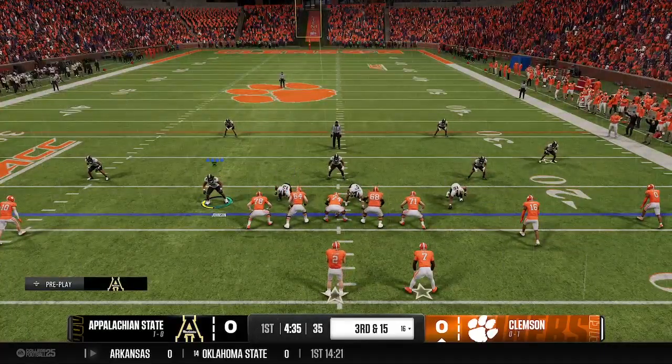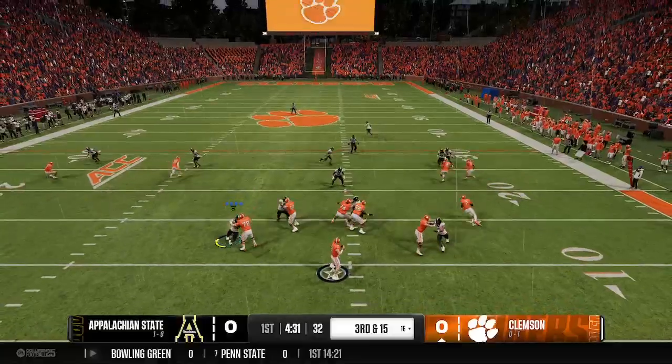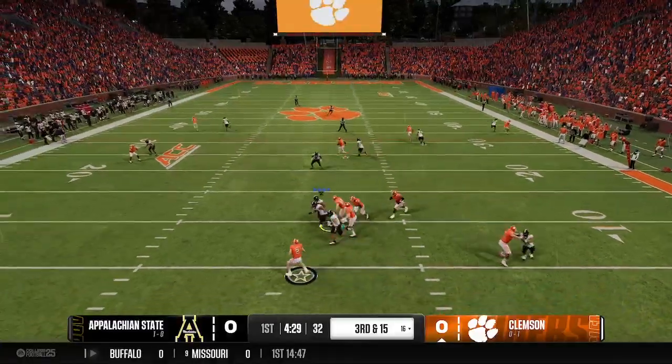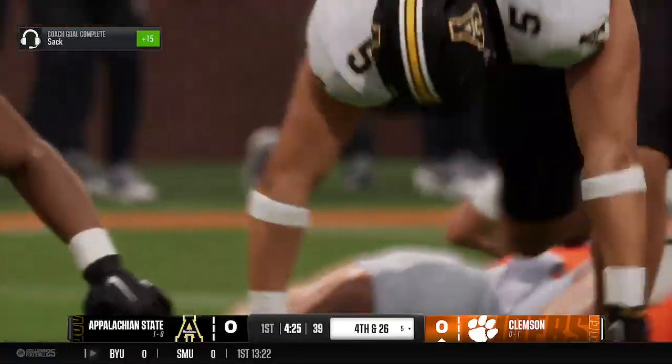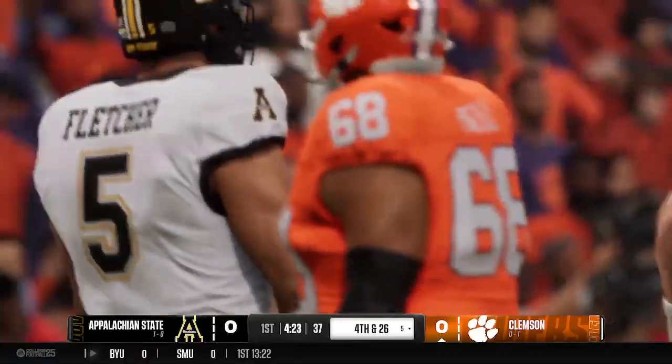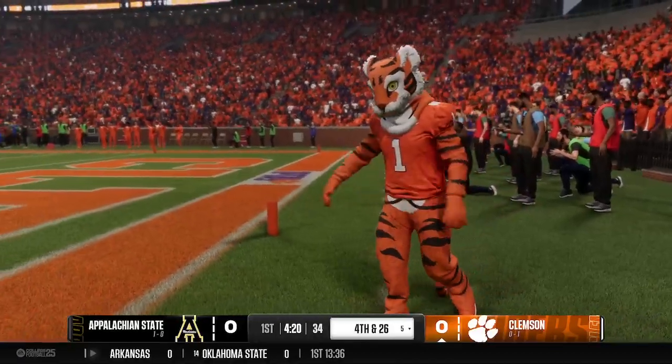Finishing the opening drive, going with the 3rd and long coming up. Looking to throw, it's Klubnik. They're trying to get to it. And a sack all the way back at the 5. And this is what the offense knows they cannot do. They can't allow...